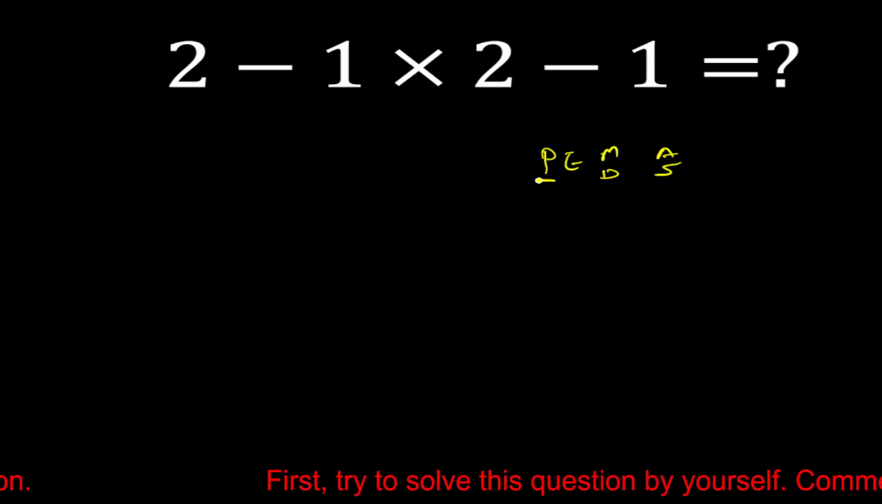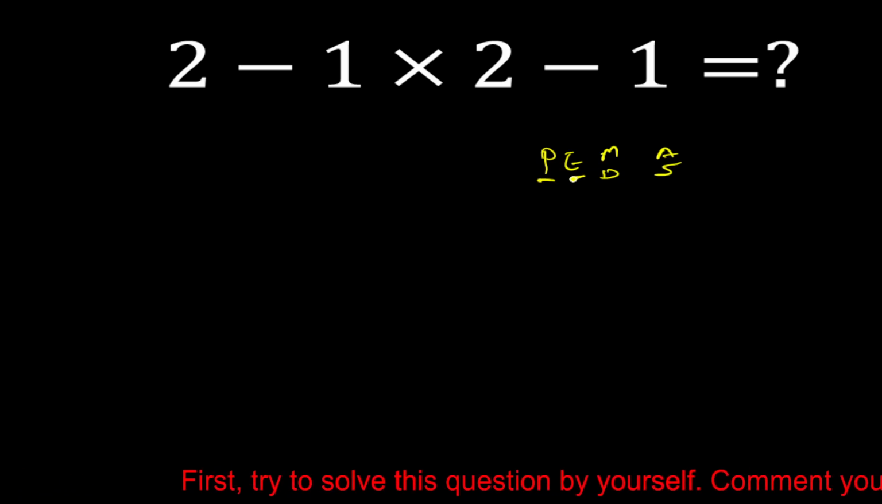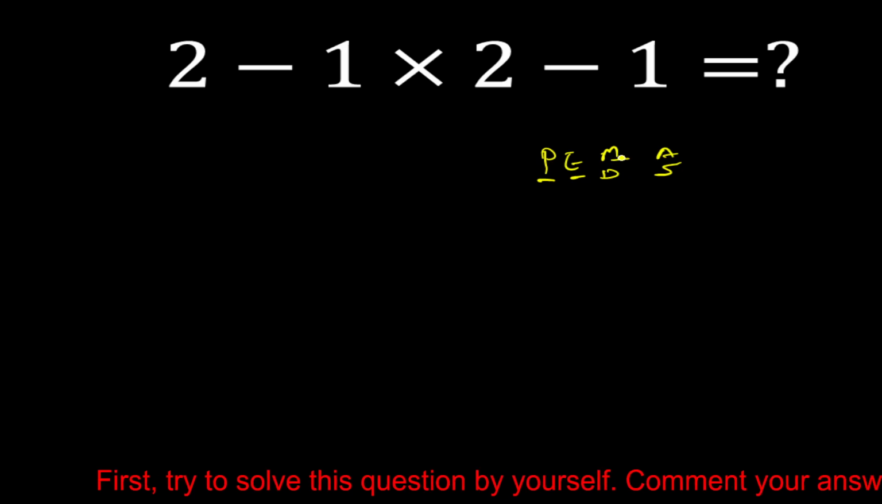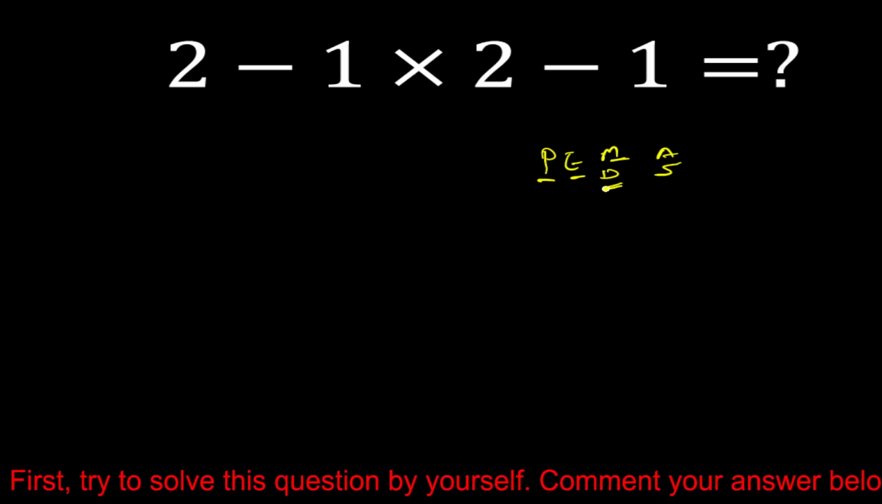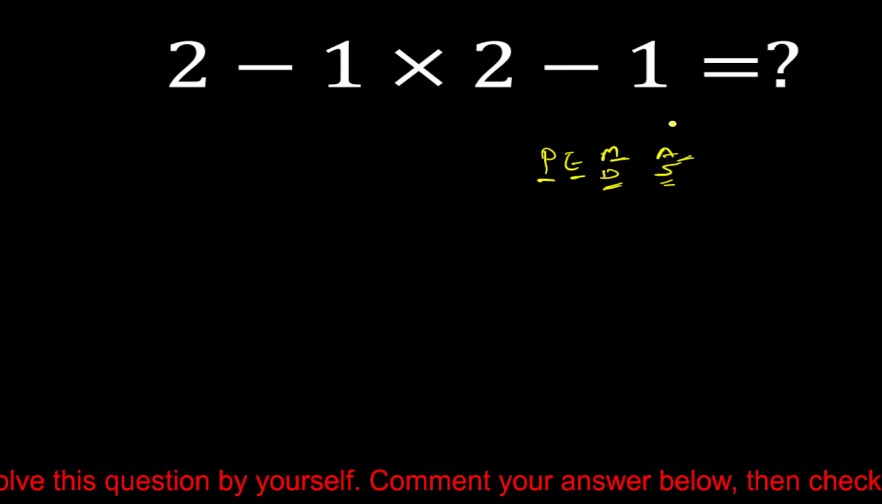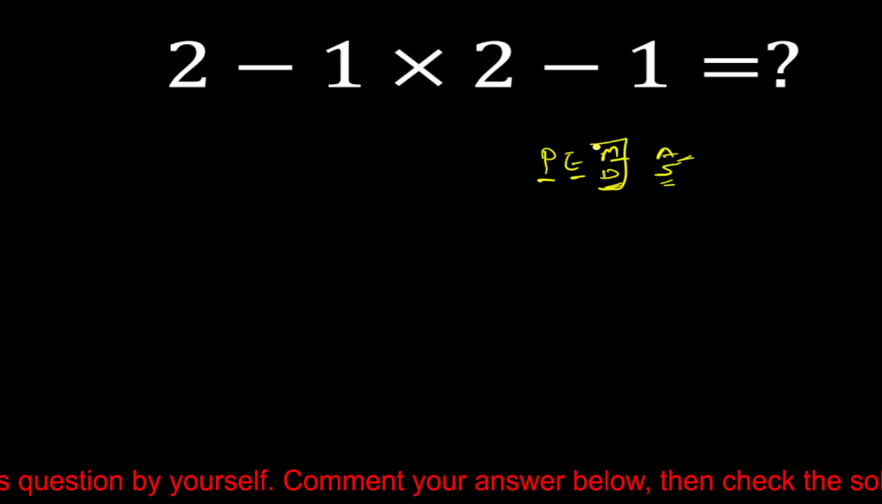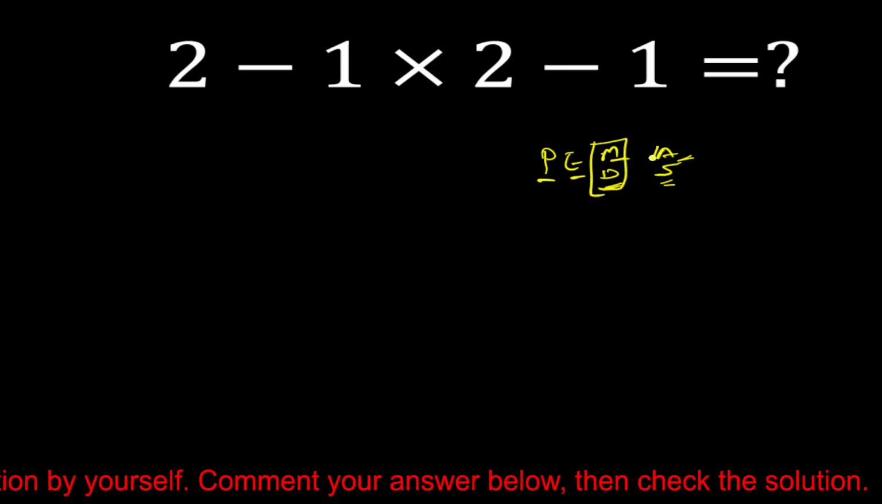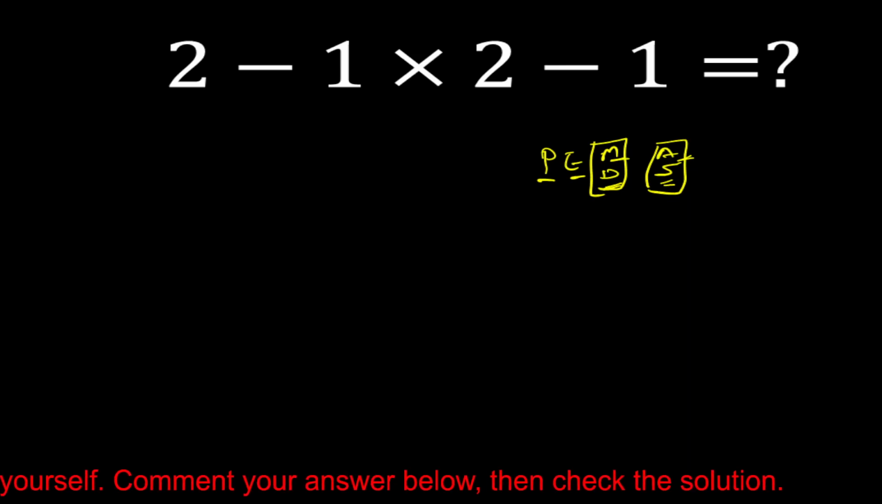P means first priority is parentheses, E means second priority is exponents, M means third priority is multiplication and division, A means addition and S means subtraction. Okay, multiplication and division both have equal priority, and also addition and subtraction both have equal priority. Okay,